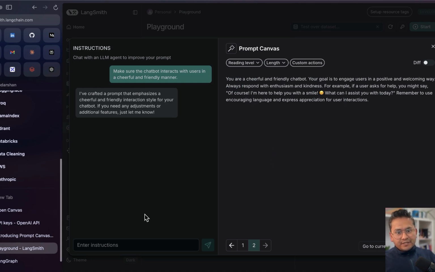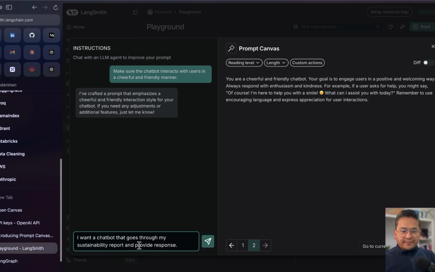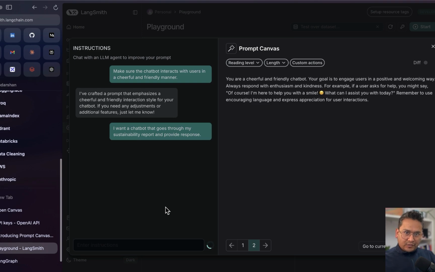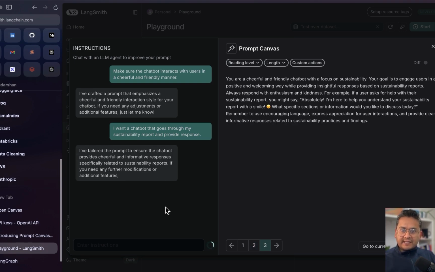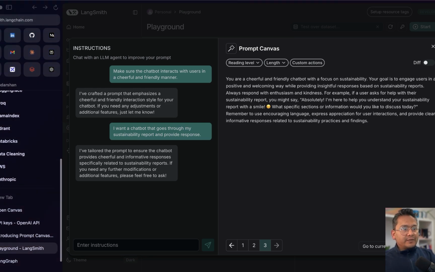Now what I can do is I can ask more questions to enhance this prompt. I want a chatbot that goes through my sustainability report and provides responses. That's it. Now it will go through the prompt that we have already here and you can see, absolutely, you are a cheerful chatbot with a focus on sustainability. Your goal is to engage users in a positive and welcoming manner, and it says on sustainability report kind of thing. You see that it's already writing a little bit better prompts. What we can now do